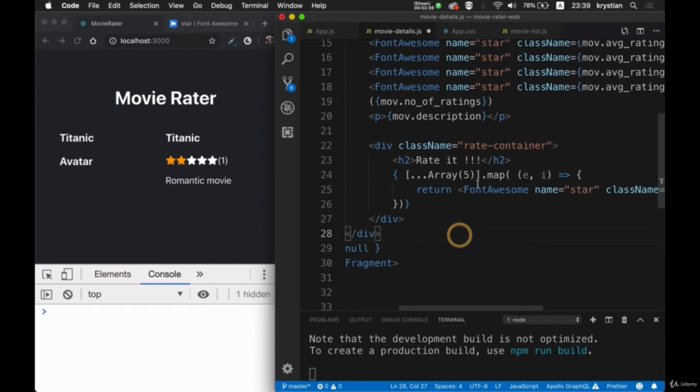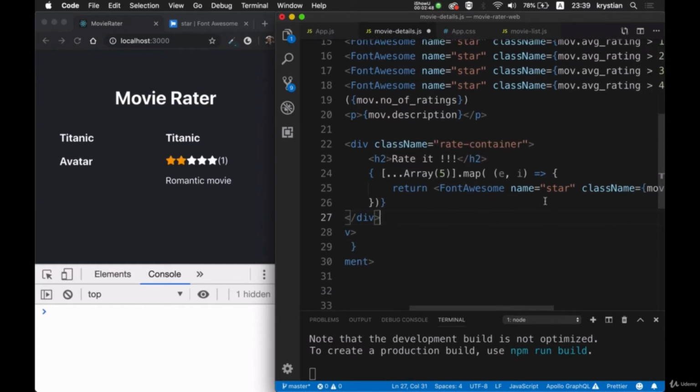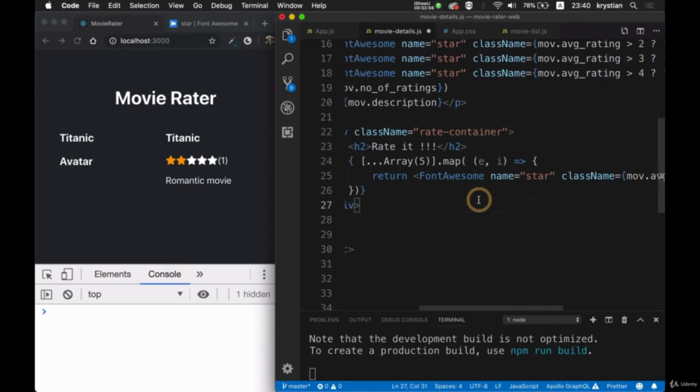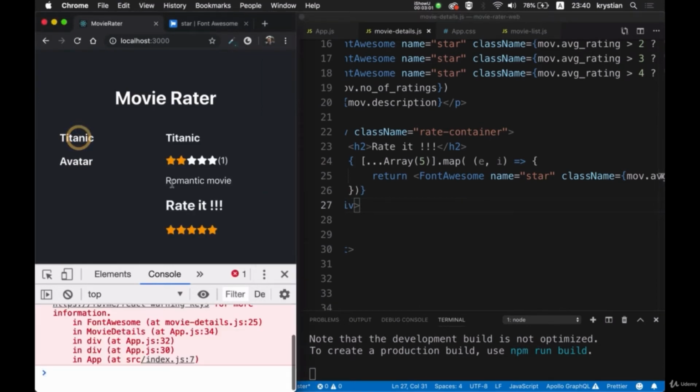So basically what I'm saying here, these square brackets mean it's an array, and I will fill it with an array of 5 inside, and I will spread it inside, and I will have 5 elements. Then I will loop through this, and I will have the element available here, and also the index of that element. So if I save it now and go here, I have rated, and these all are